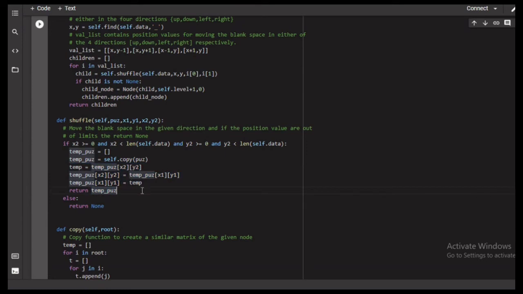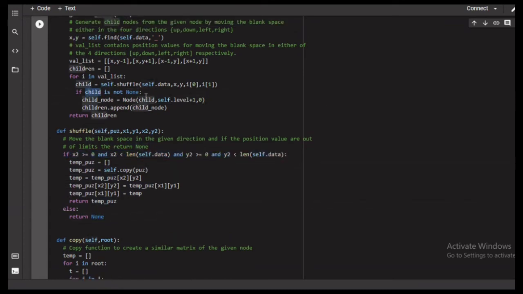So if the child is not equal to none, then we are creating a node by using the node class, where we are passing the actual child along with the level, initializing it to 0. Then we are appending that particular child node to the children list, and in the end we are returning the children.